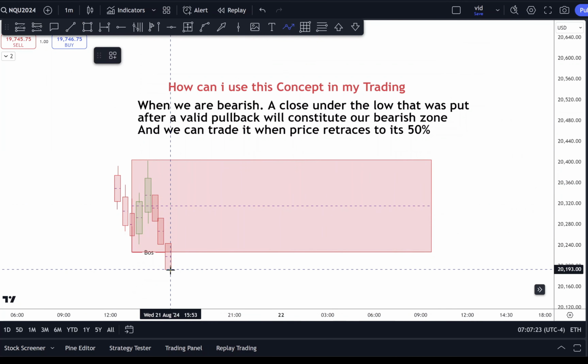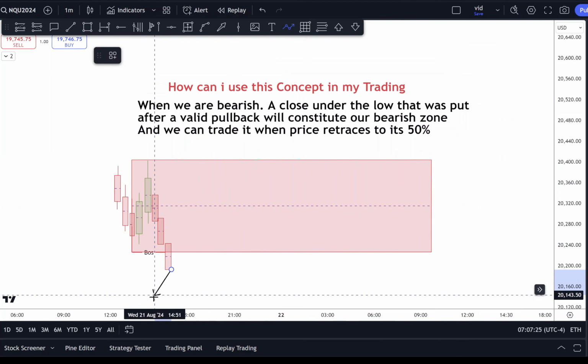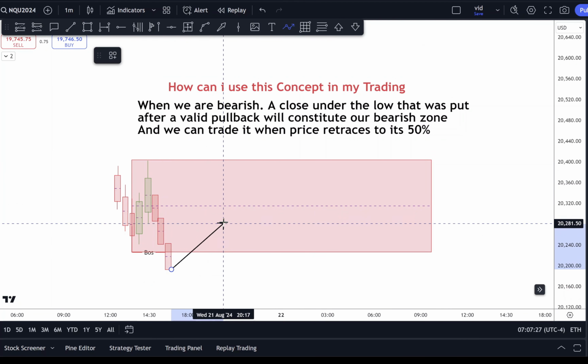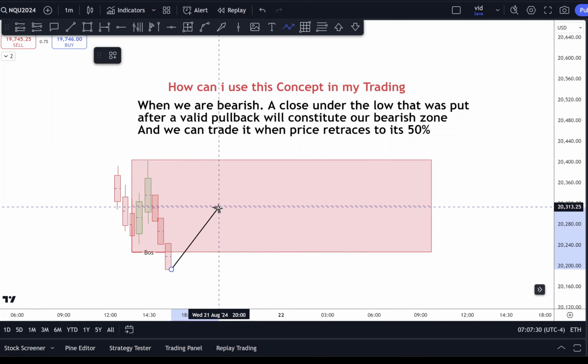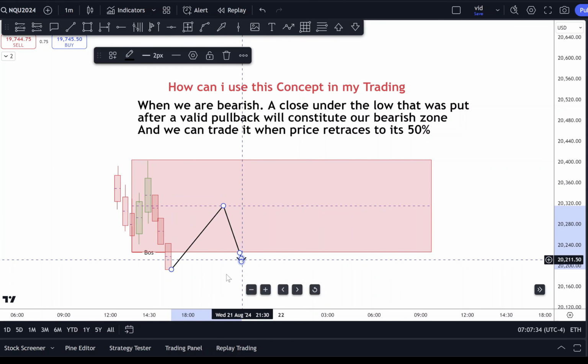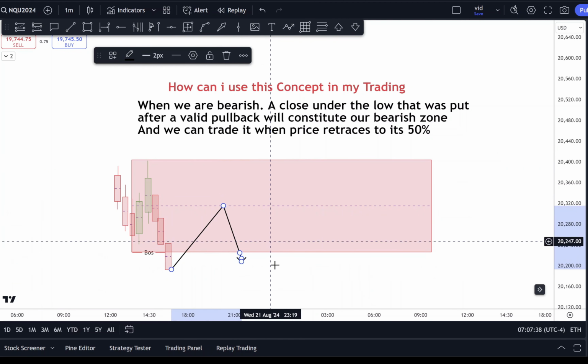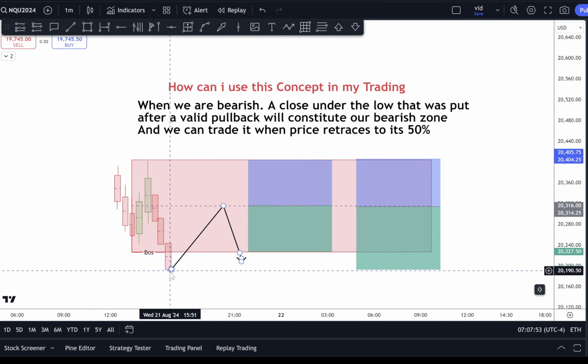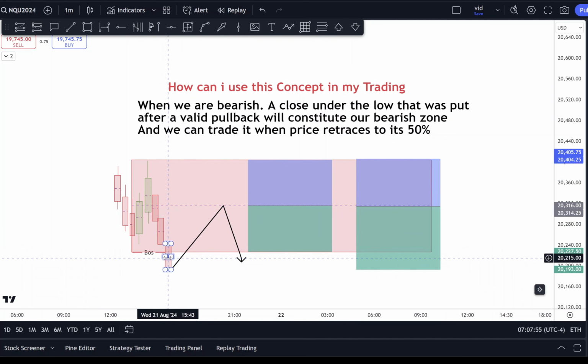How can we use it? We will put our limit as per our moneymaker model. We will put our limits at this 50% and we will take the one-to-one trade from this 50% here. We can target, if you are good with market structure and know how to read market structure, you can target